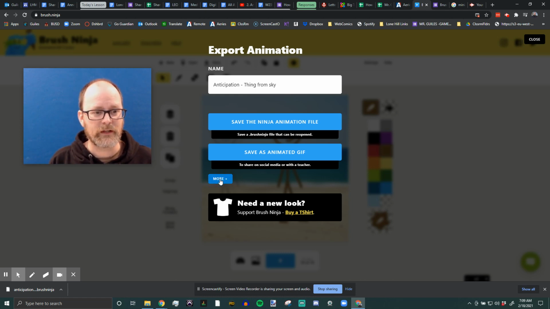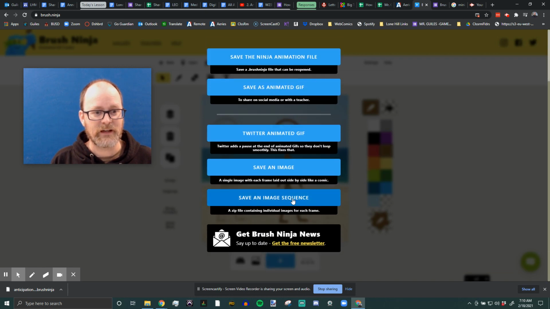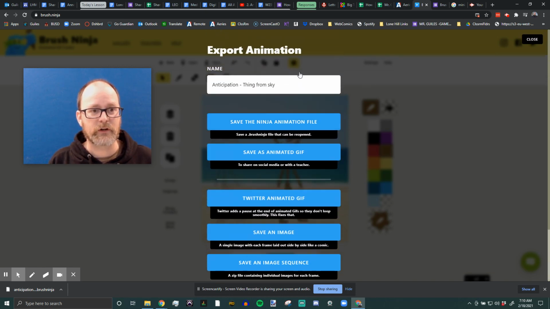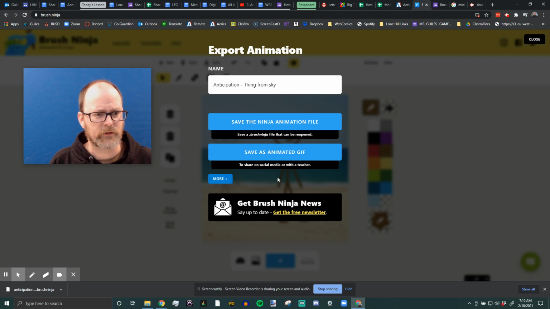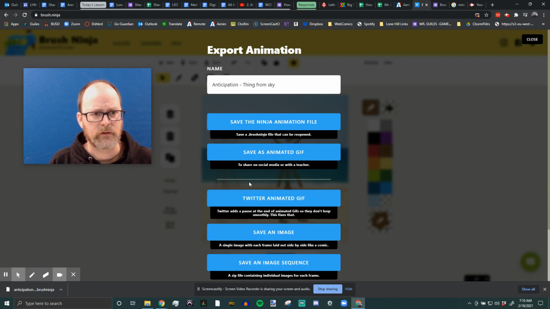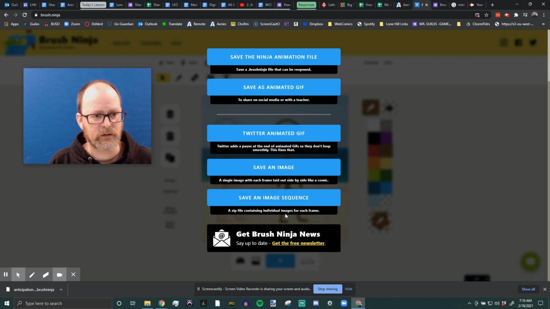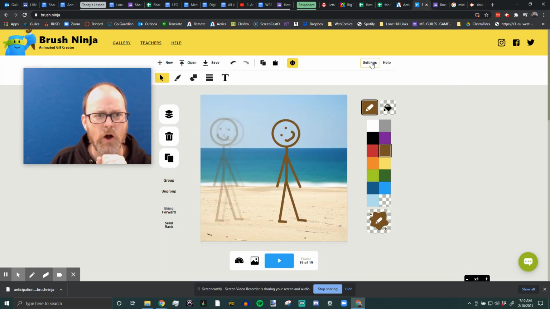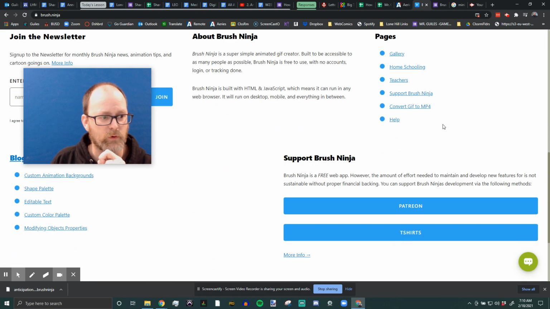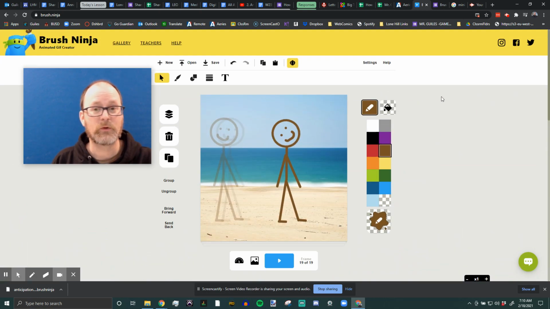There's actually the ability here where it says more. You can actually convert or export your animation as a video. And there's an option, oh, where is it? I don't know. Save. I feel like there's a video option and I can't remember where it is. If you know where this is, please tell me. Put it in the comments. I'm almost positive that I found a video export option. So anyway, we'll deal with that later.